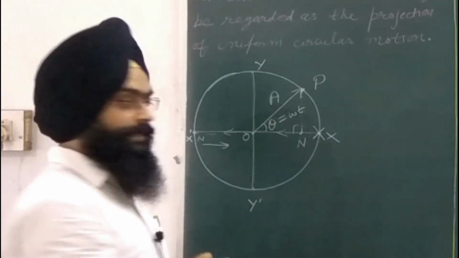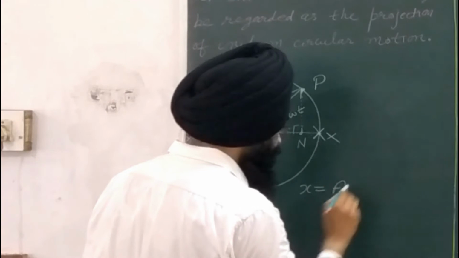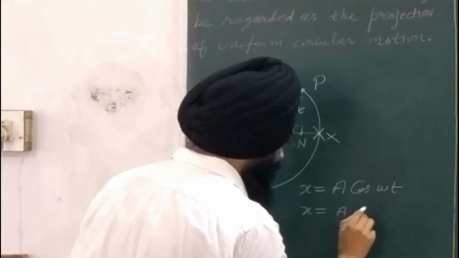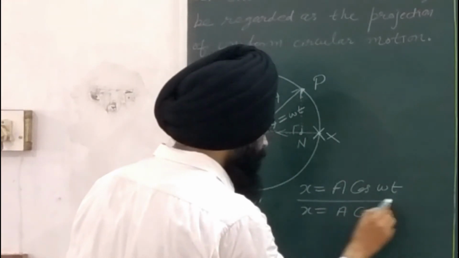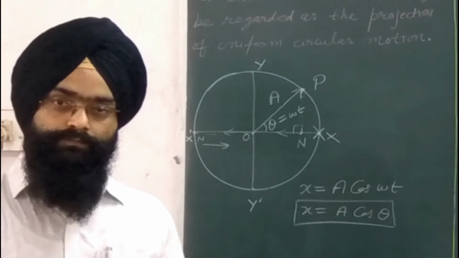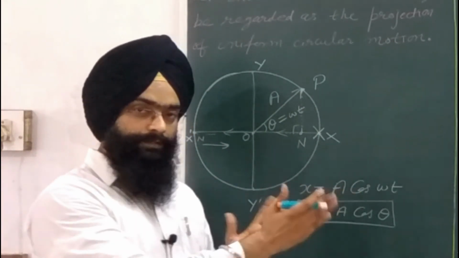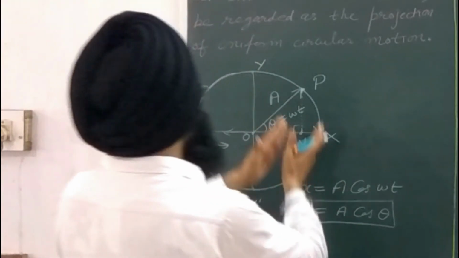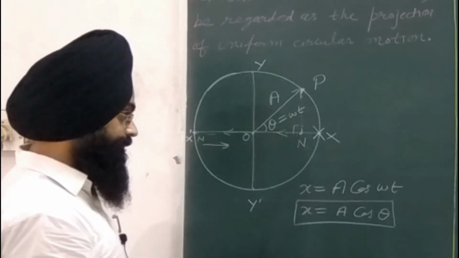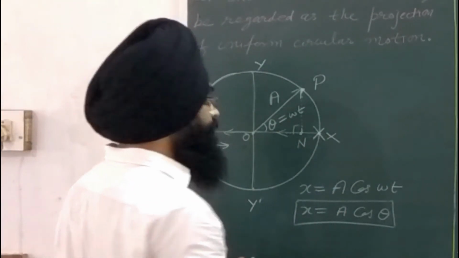This is the A, the amplitude of the motion. We can write it like this, that x is equal to A cos omega t, or x is equal to A cos theta. This is the value for displacement of the simple harmonic motion of the particle here on the circle. And this equation is similar to the simple harmonic motion, so thereby this uniform circular motion represents the simple harmonic motion. Now we shall consider the case and derive the equation, derive the displacement from this circle.